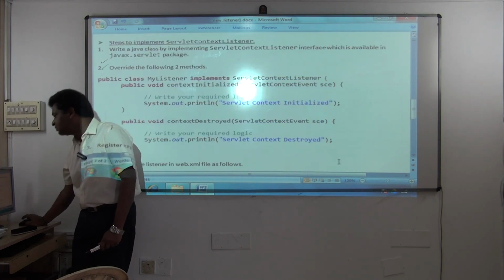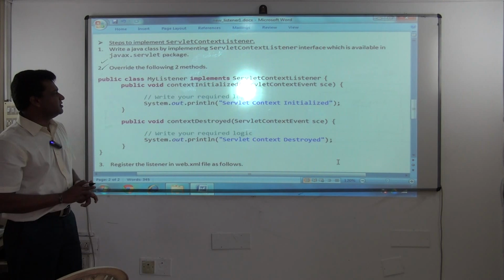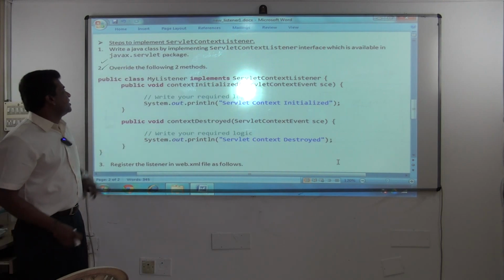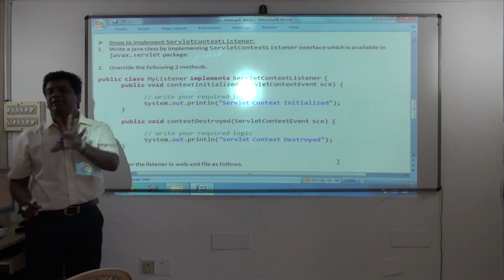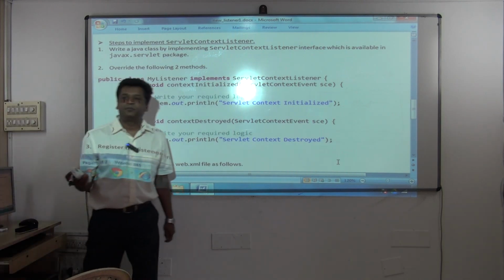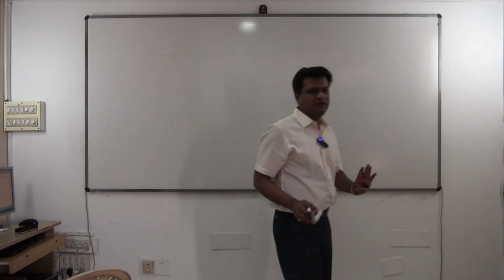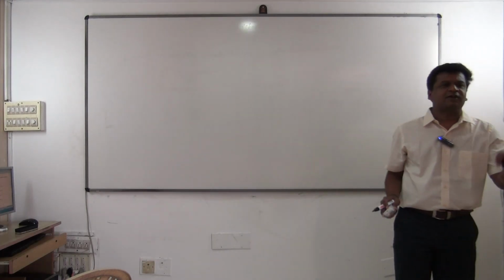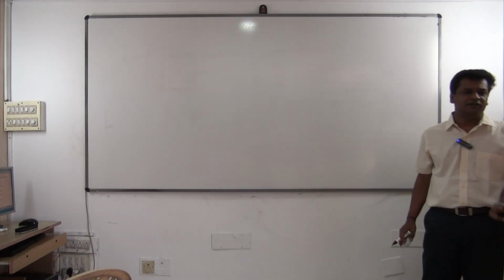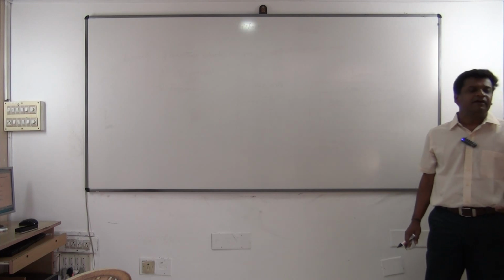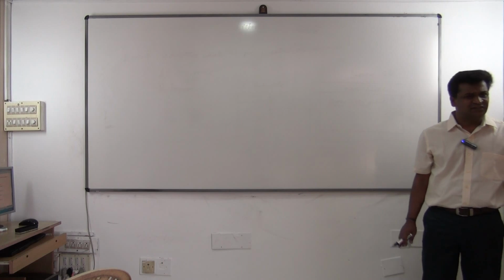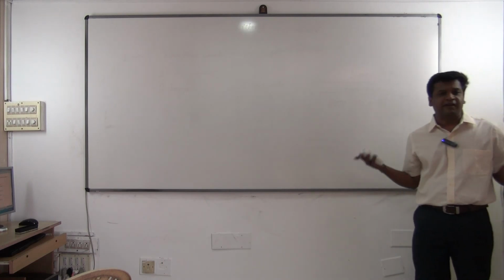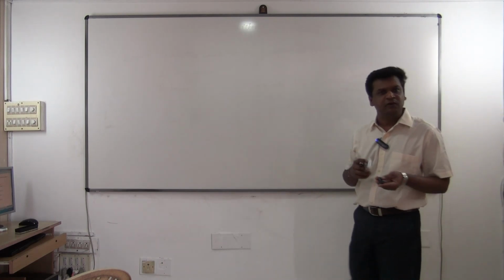If you want to write a listener, it is very simple. You have to write a Java class by implementing which one? The scenario is very simple. When the context object gets created, automatically I want some logic to execute. That's it. As soon as the context object is getting created, I want some logic to execute. Similarly, as soon as the context object is destroyed, I want to execute some logic. That's all my requirement. It can be any number of lines. Logic can be any huge.